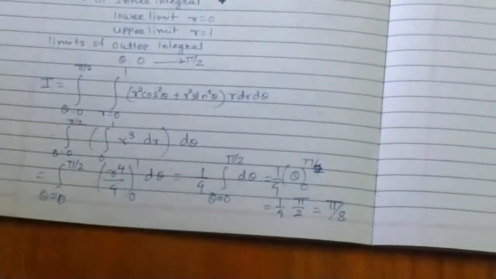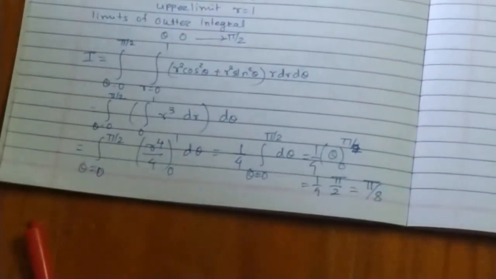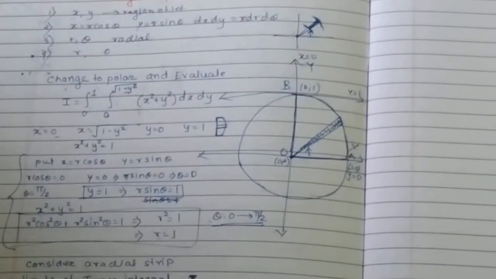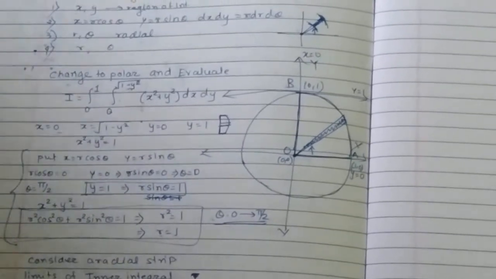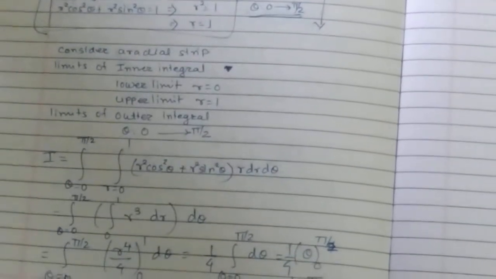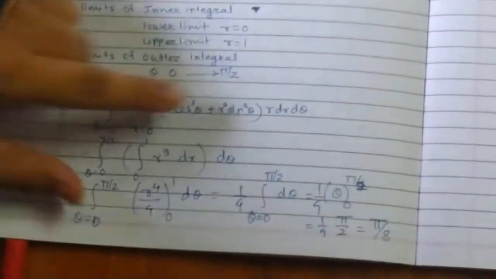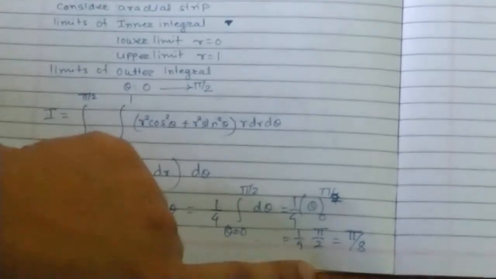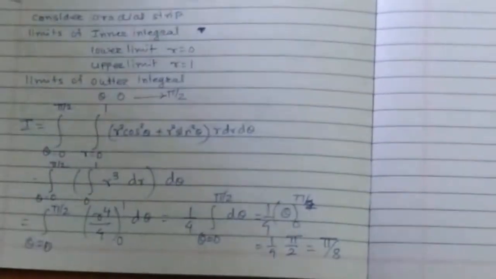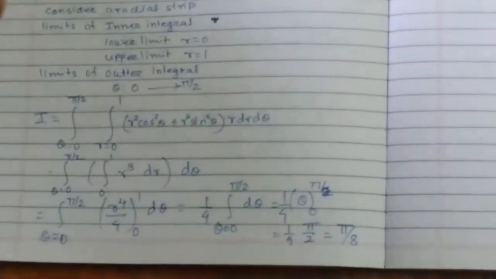Okay. So this is how one can solve the problem based on polar coordinates. The steps are very fixed. First, you identify the region of integration. Then once you identify the region of integration, draw the radial strip. Then the required curves should be converted into polar form. Once you get the required curve into polar form, derive the limits, then convert your entire problem into polar coordinates and evaluate. So these are the steps involved in changing to polar and evaluating. In the next lecture also we would like to discuss a few more problems on this. Thank you.